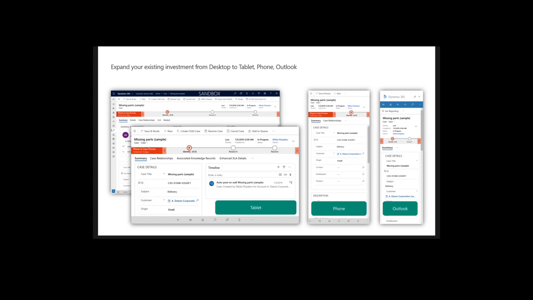You don't have that branding at the top currently, and you've gone from a 3-column layout to it's kind of stacked itself into a 2-column layout. Moving over towards the right on the phone and the Outlook, you see that we've gone to 1 column. The text on the Outlook is now wrapping underneath the field label. So it's just giving a little bit easier to read view as you lose that screen